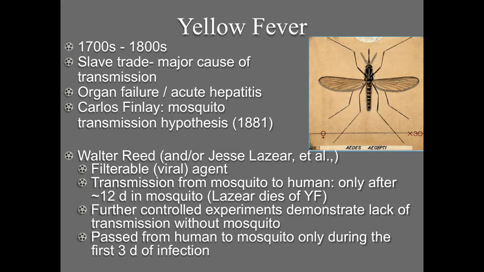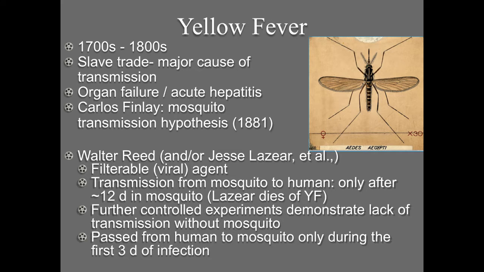So for a long time, there was no particular way to treat this. Things that were tried in 18th century Philadelphia included massive bleeding of the patients. And the cause was generally ascribed to things like bad air and ill humors. You can find a lot of references to this in the writings of Benjamin Rush, the colonial era physician in Philadelphia. And this largely continued until